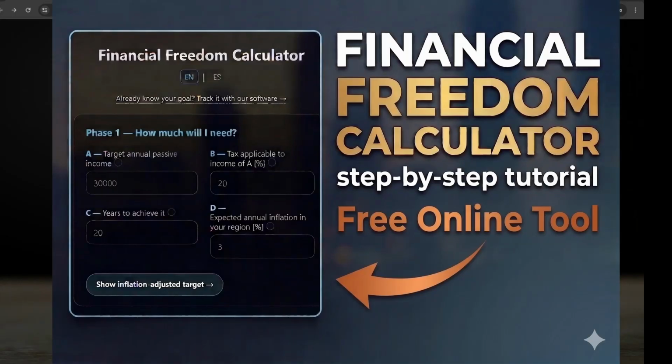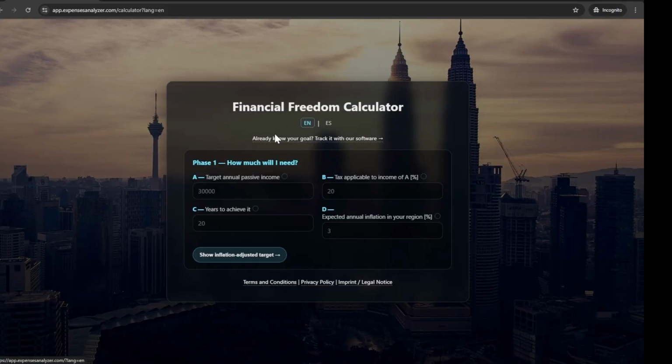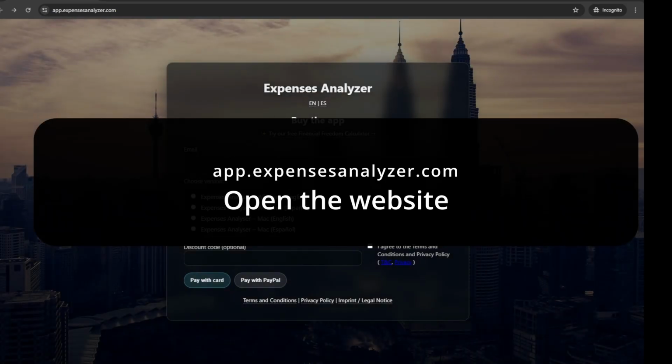In this video, we're going to explain how to use this free online tool, the Financial Freedom Calculator, using a realistic example to compute not only how much money you need to save in order to have the future lifestyle paid by your passive income, but also a hint of what type of investments you need today to reach that desired future. The first thing you need to do is to open the Financial Freedom Calculator, and for that you need to go to